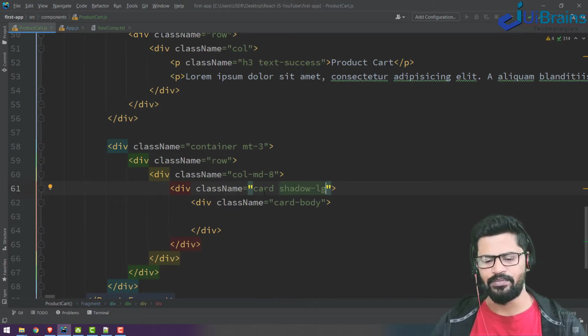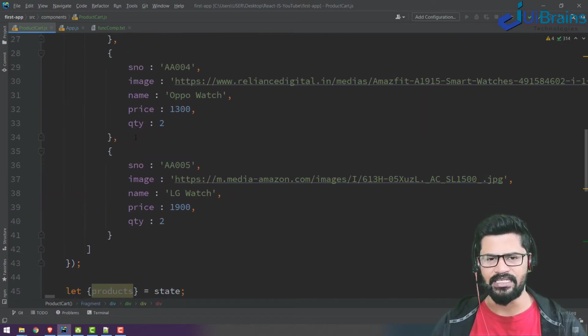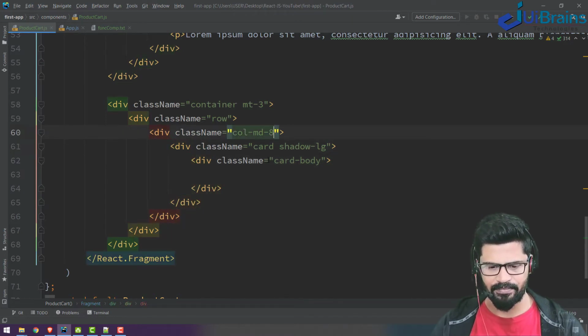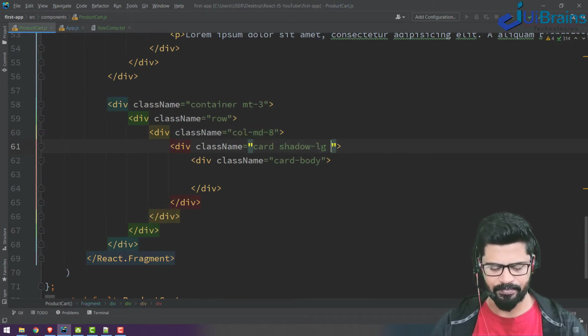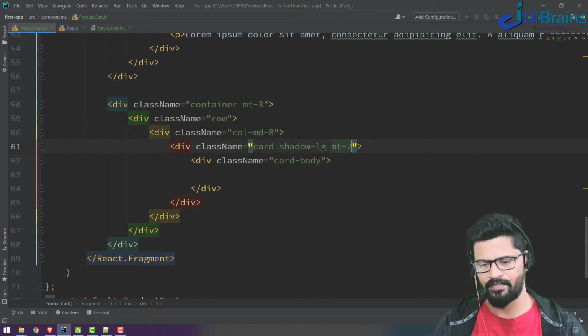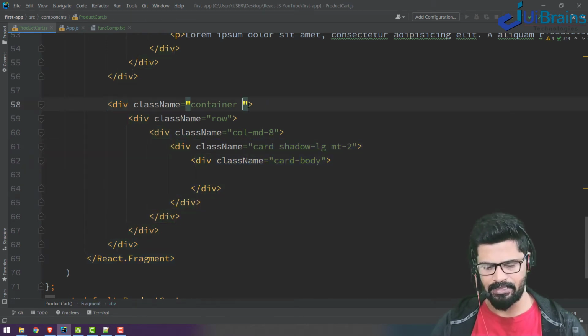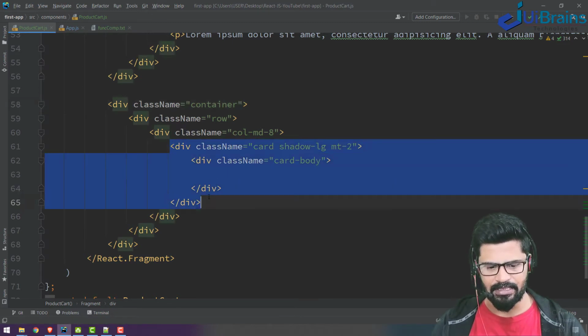I have to loop through this card depending on the number of items in the products. So you can write multiple cards with some margin top. Okay, so what I do is I will cut the card.